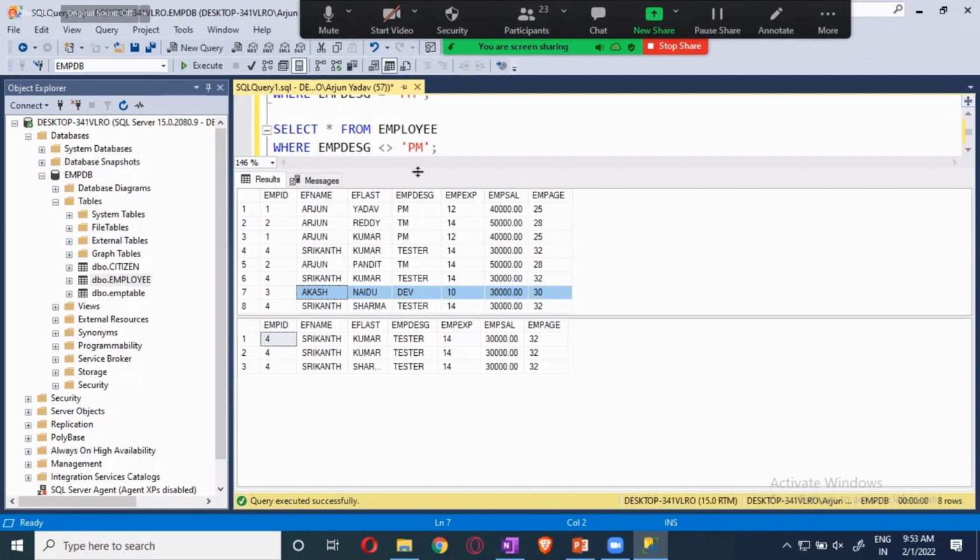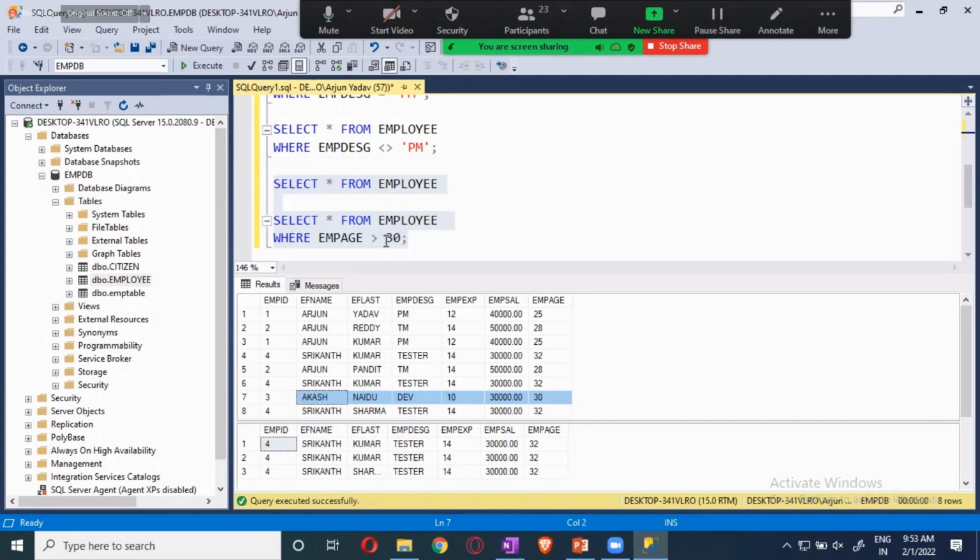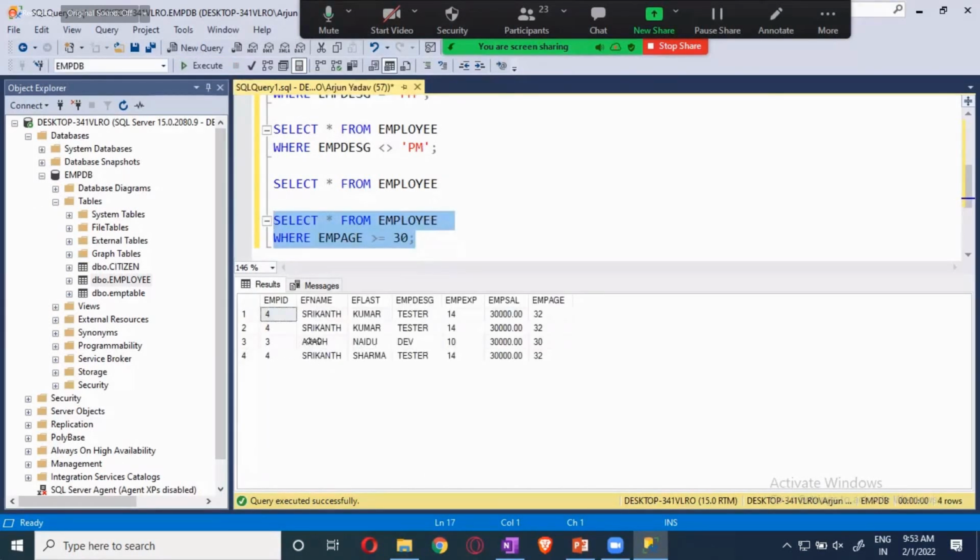So how will I give it? I'll give it as equals to over here. Just add the equals to. That's it. When you add the equals to, you will get the Akash details also. Okay, the same thing works with less than, guys.